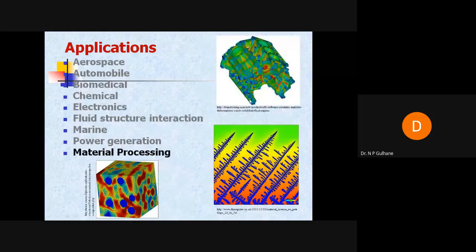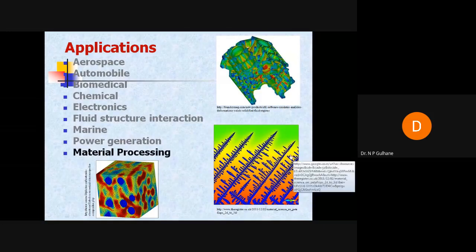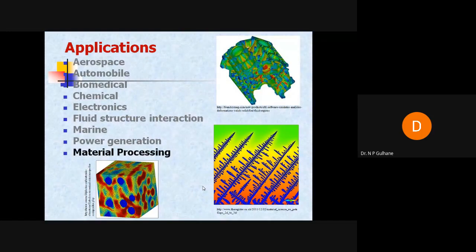Material processing: in material technology also, we have to check that the temperature of the material should not exceed the critical temperature, and a hotspot should not occur on the material. It will not work in its natural way, so its microstructure will go on changing. You can see here, these microstructures will not be retained, and the coarser microstructure will become more coarse, and the refined microstructure will not remain refined because of the high temperature.